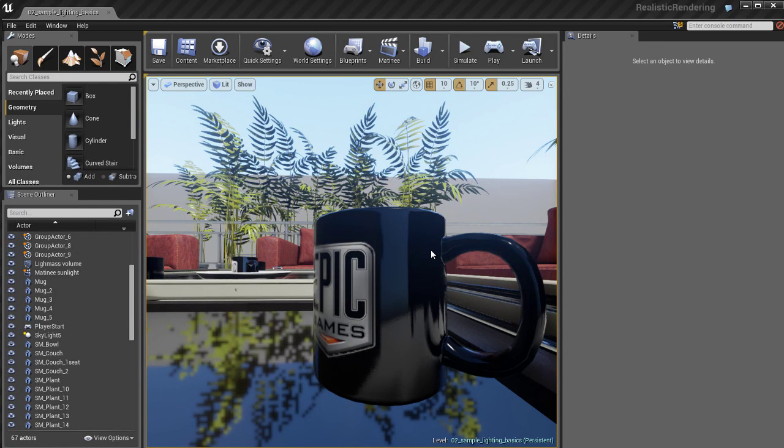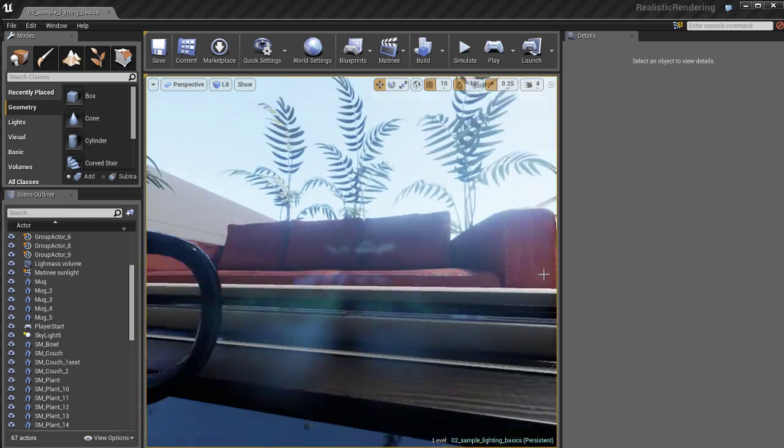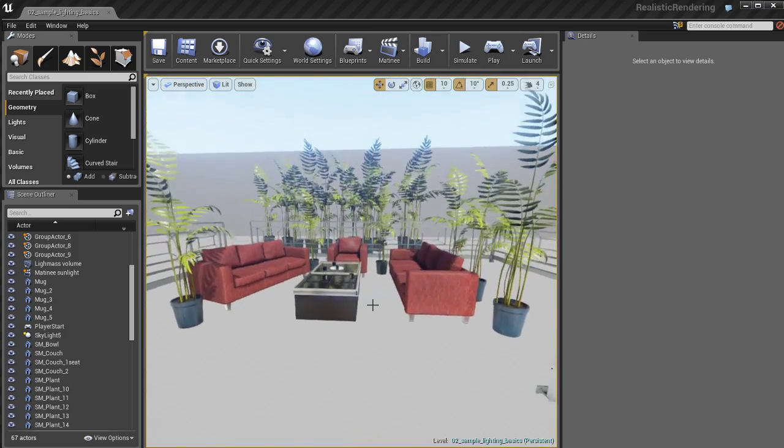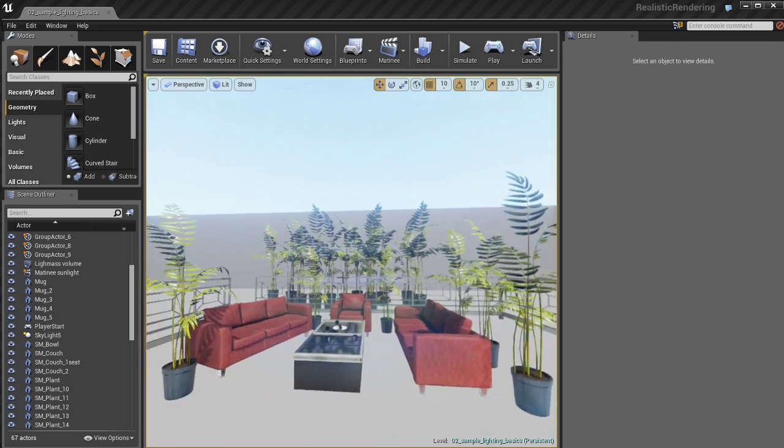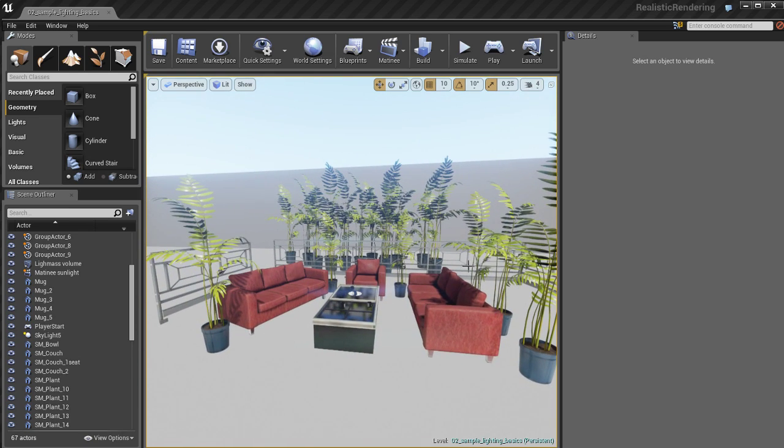In the next series of videos, we're going to talk about post-processing effects. So real quick, what are post-processing effects? They're basically special control that we have over the look of our environments with our camera by applying post effects. And the way we do this is we can go to the visual category, grab ourselves a post-process volume,